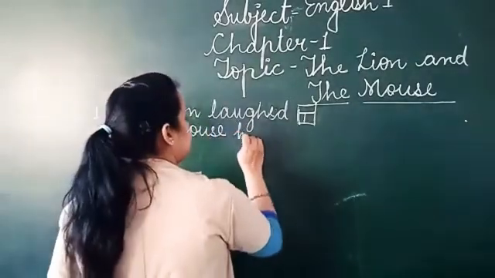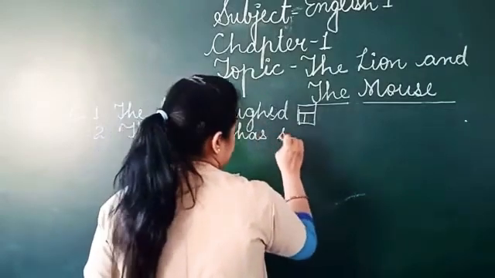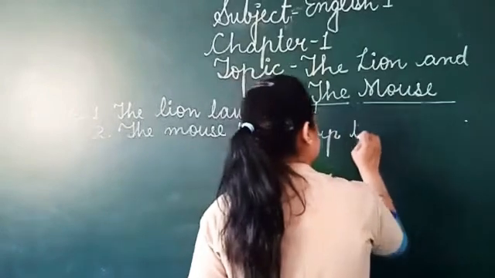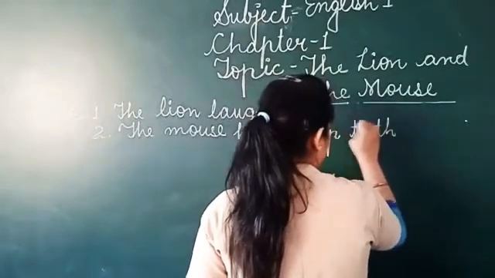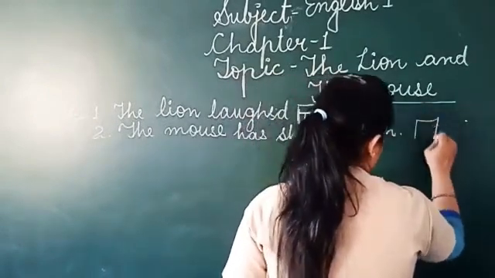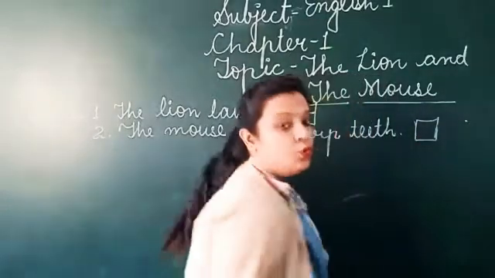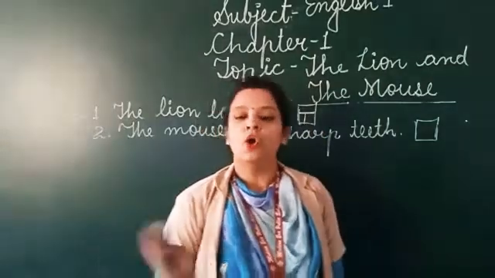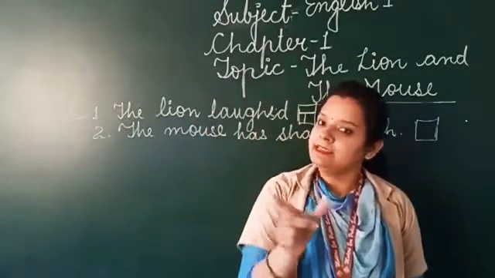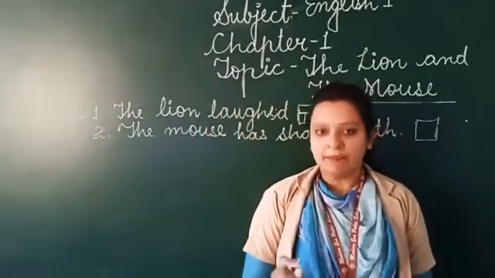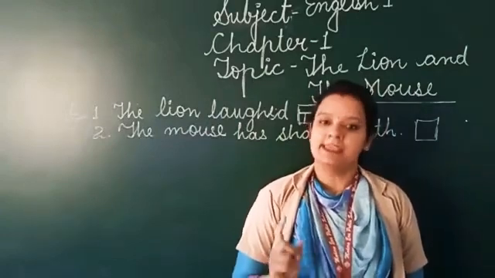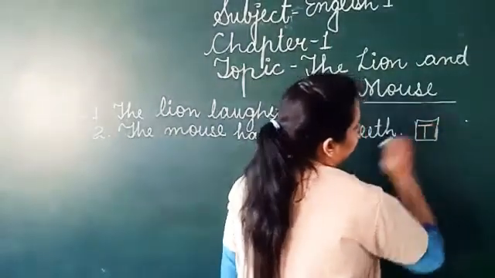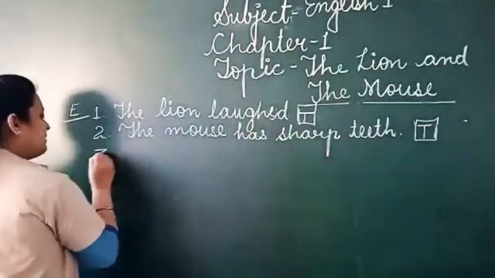has sharp teeth. Who cut the net with their sharp teeth? Mouse. The mice cut the net with their sharp teeth. It means the mouse has sharp teeth? Yes, it is true. So we will write here T. Now the third statement is